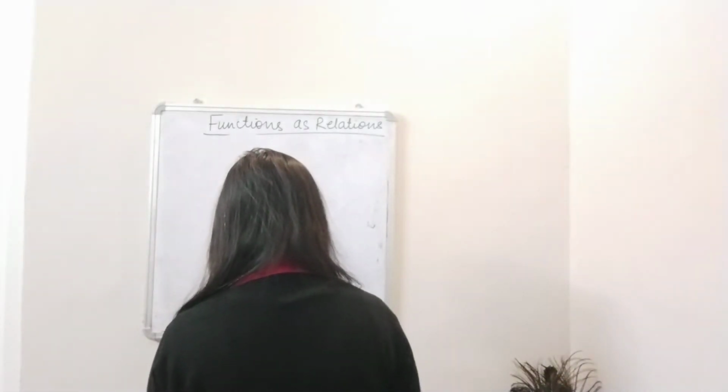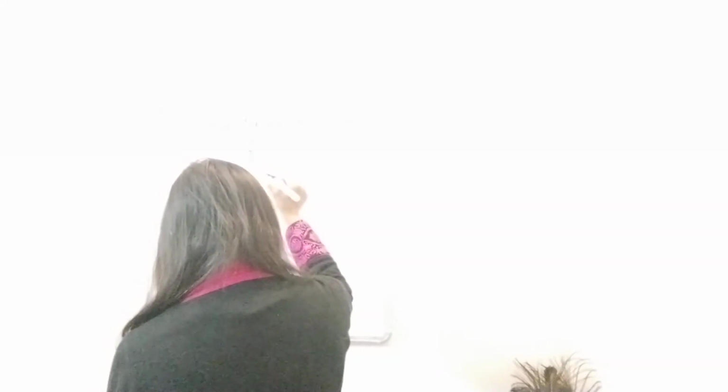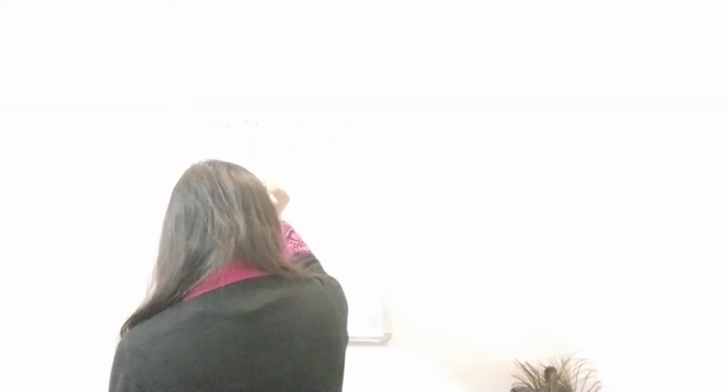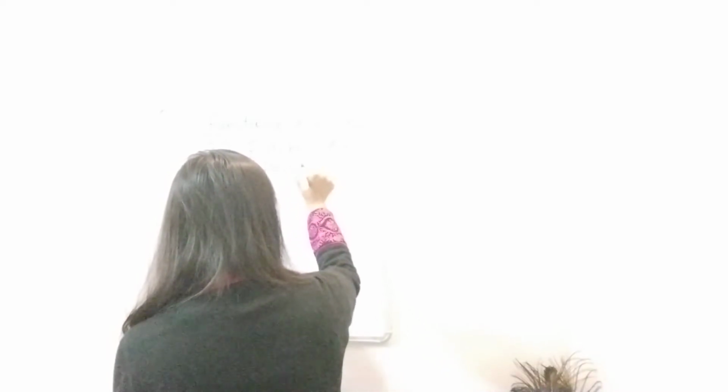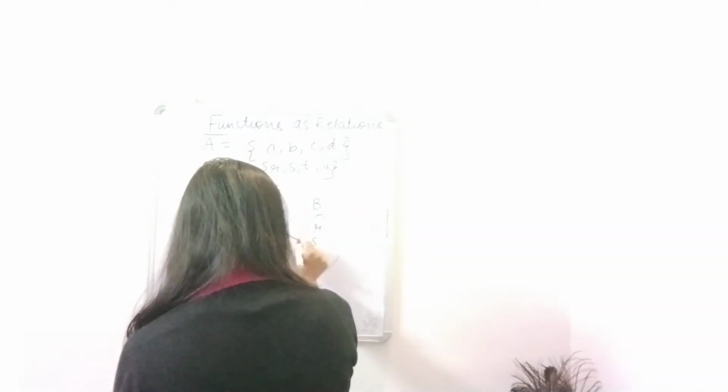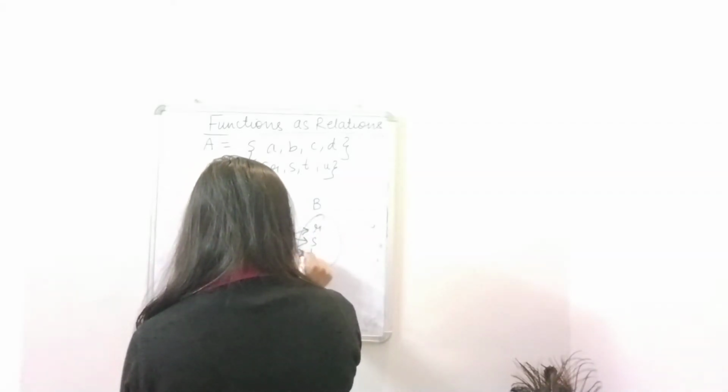If I have two sets, now it will be better understandable through an example. If there are two sets, set A having elements A, B, C, D, and there is a set B having elements R, S, T and U. And let us assume that the function f from A to B is such that the mapping is such that A has been assigned the element S, B has been assigned the element U, C has been assigned the element R, and D has been assigned the element T.